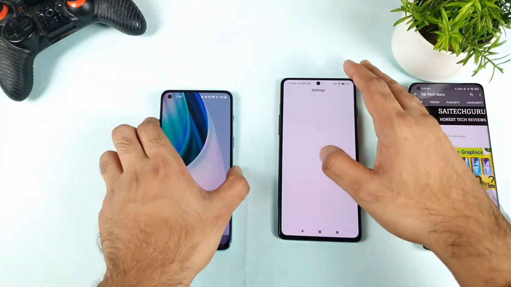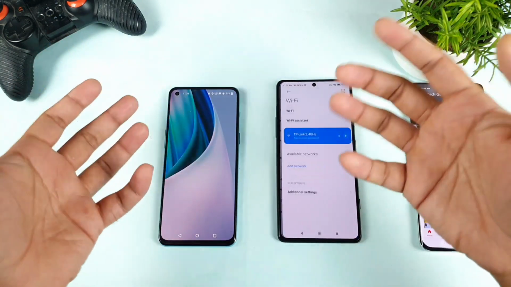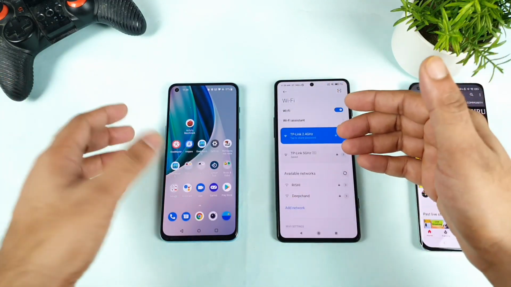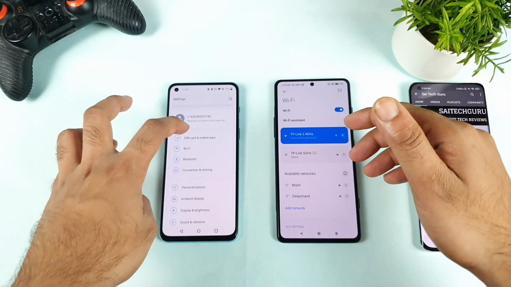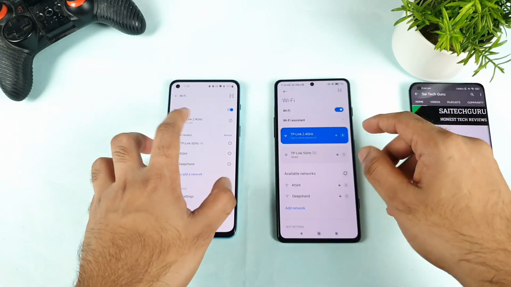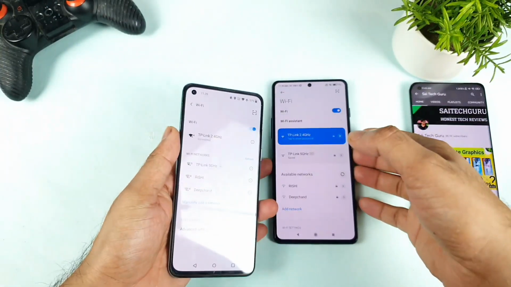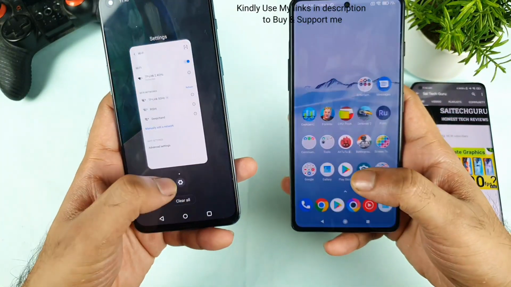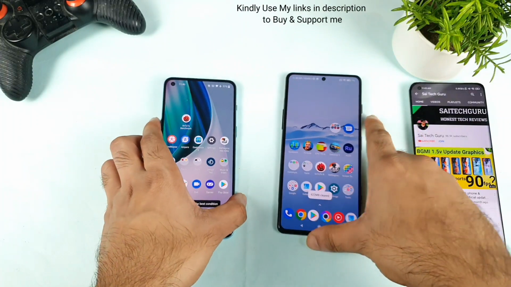Let's go to the settings first, because I need to show you exactly what kind of Wi-Fi connectivity I'm using during this demonstration, which is also an important thing. You should know what Wi-Fi connection I'm connected to right now. Both phones are connected to the same Wi-Fi network, as you can see, friends. It's 2.4 gigahertz, not bad. Let me clear everything from the background. Everything from the background is completely clean.